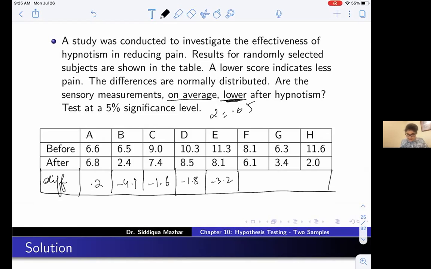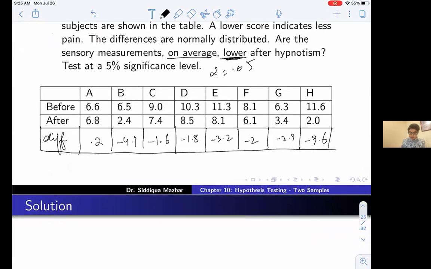So you are going to see that the pain is going to reduce after hypnotism. The next one is minus 2. The next one is minus 2.9. The next one is minus 9.6. So this is how we check the differences. You can see here that most of the values are negative. So we can say that the pain is going to reduce after hypnotism,